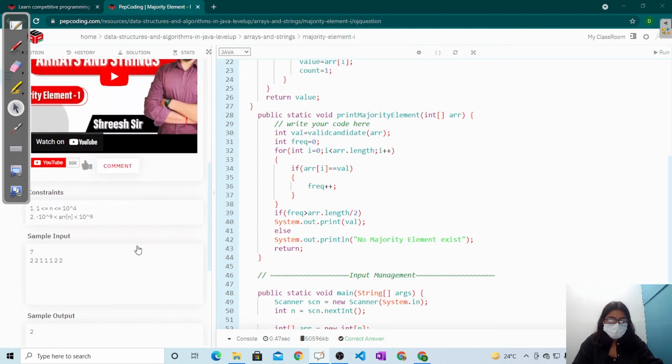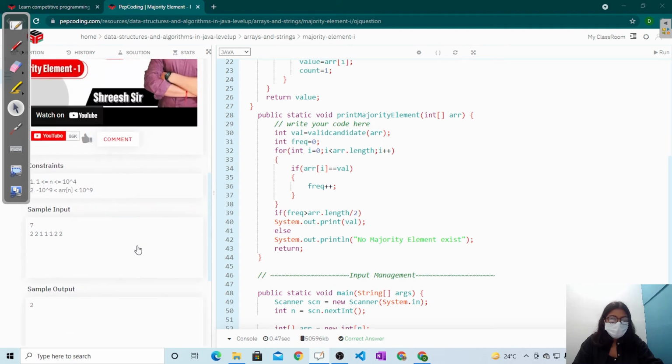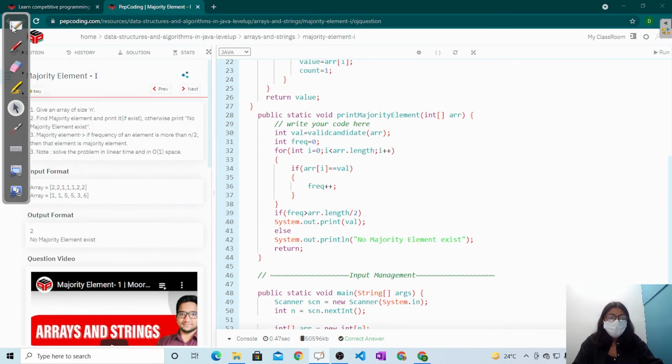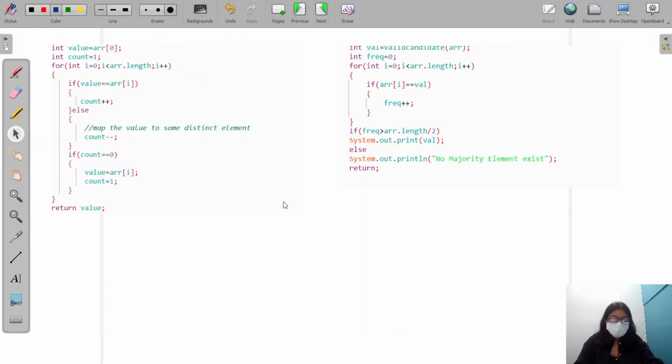My input array is 2 2 1 1 1 2 2. All right, so my array is 2 2 1 1 1 and then 2 2. This is my array.